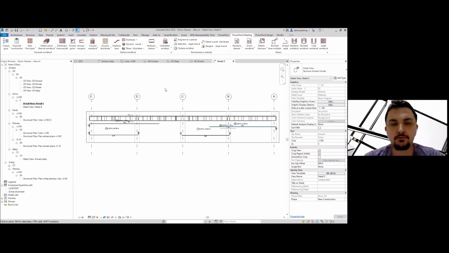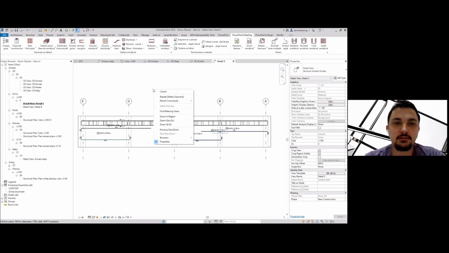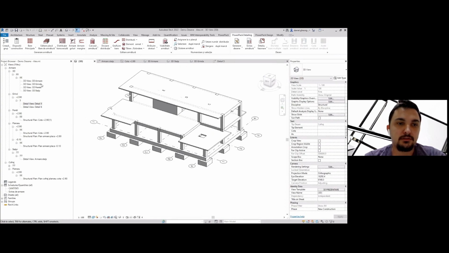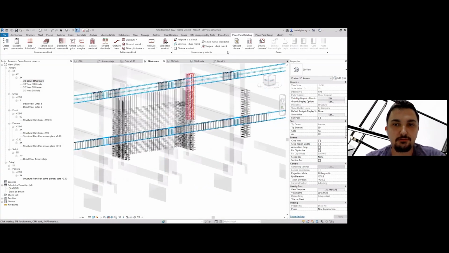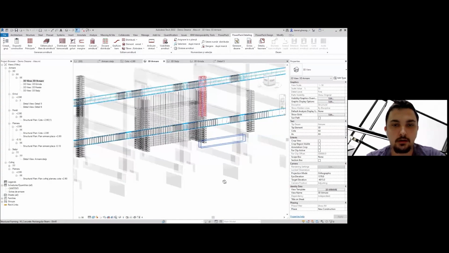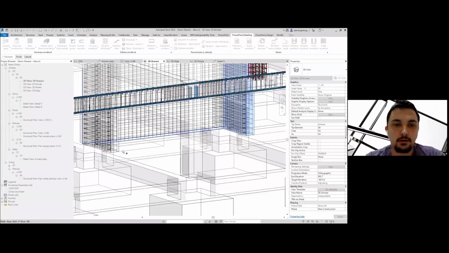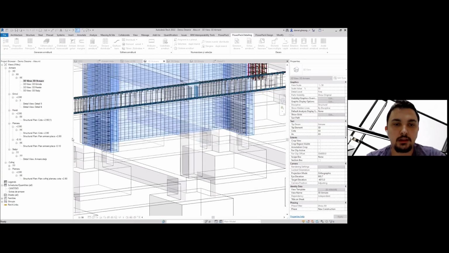Now, of course, when you are done modeling rebars, you need to start to detail them. So for the last version of the Powerpack, we developed a new drawings generator. So let me show you how that works. Now, of course, I have some settings done in the back. But basically, what I like to show is that we are able to generate